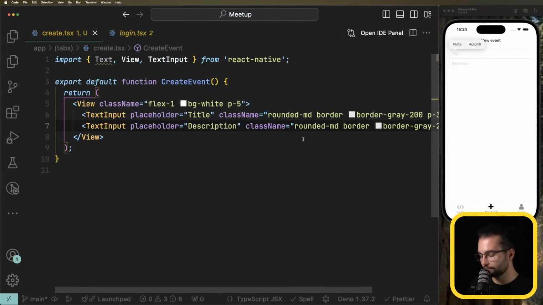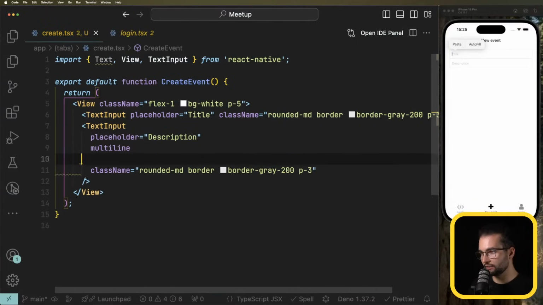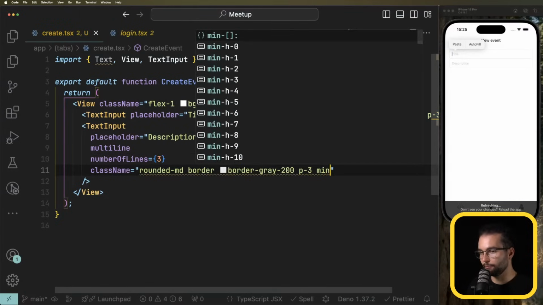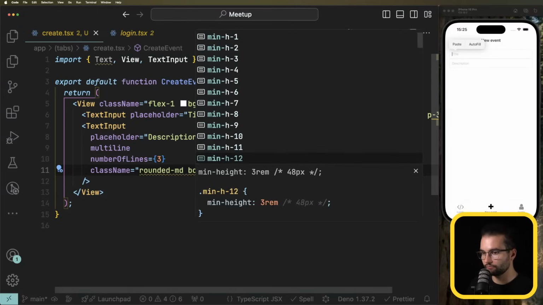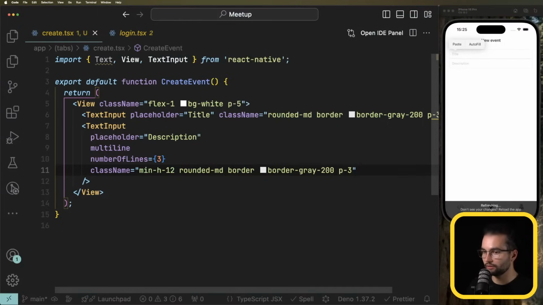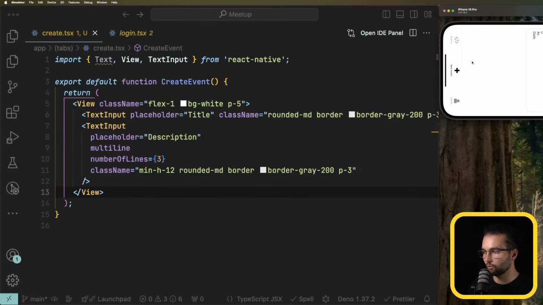But the description should be multi-line. So let's say that this is a multi-line text input, and the number of lines, let's do 3 or something like that. And we can even give it a minimum height of 12. Min height 12 didn't really work, because if we write it expands, that I want, oh,